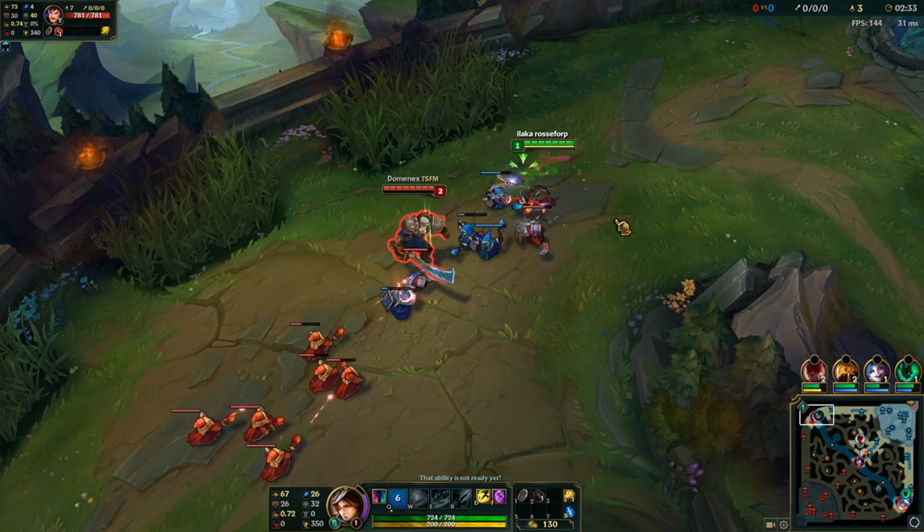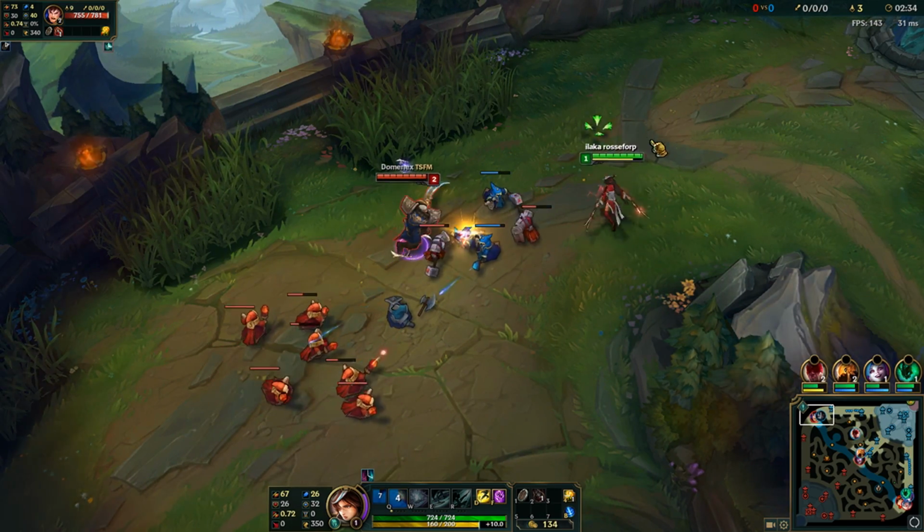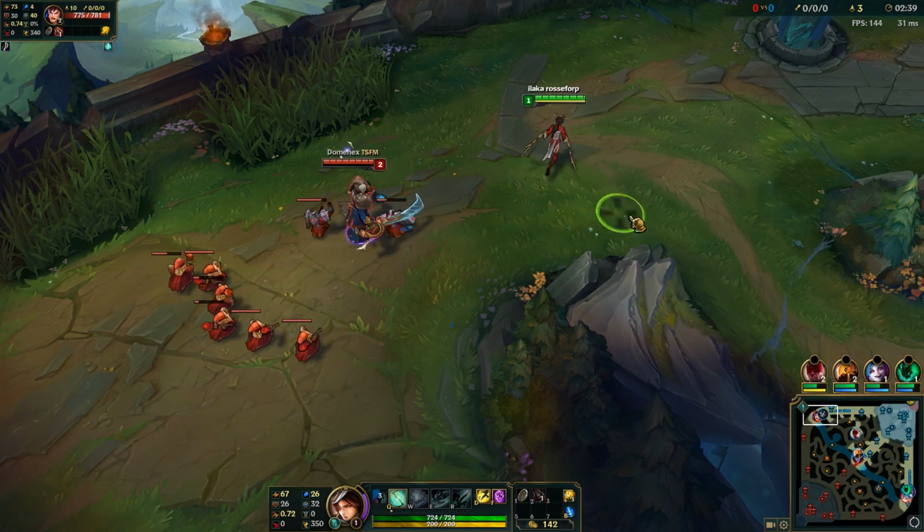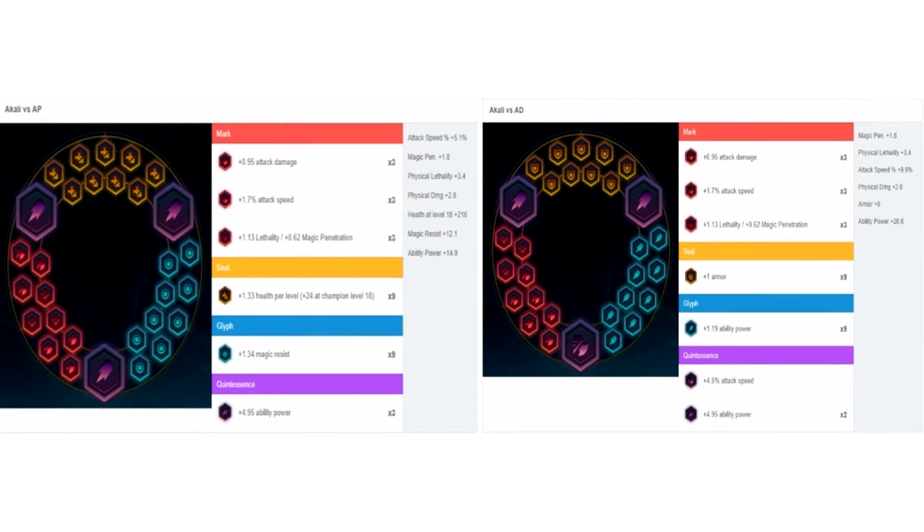So starting off with runes, there are two pages you'd want, one being a page you'd pick versus AP champions in lane, and one versus AD champions in lane. Starting with marks, you'll always, for both pages, want 3 flat AD reds, 3 flat attack speed reds, and 3 hybrid pen reds. For seals, in matchups versus physical damage champions, you'll want flat armor yellows to help you survive